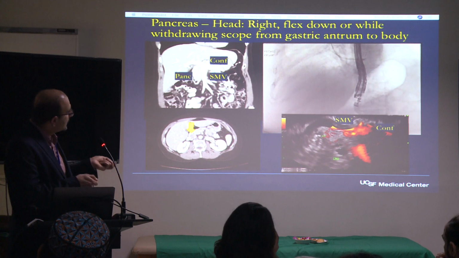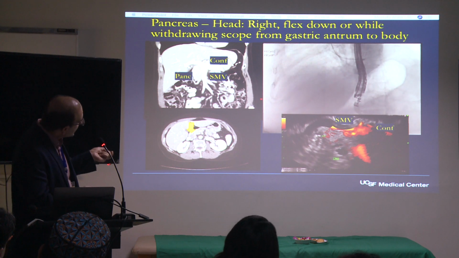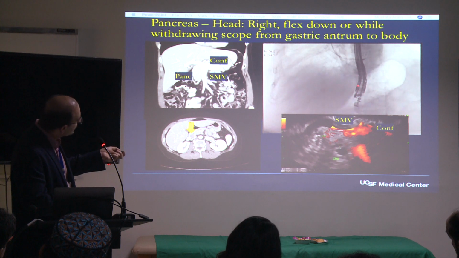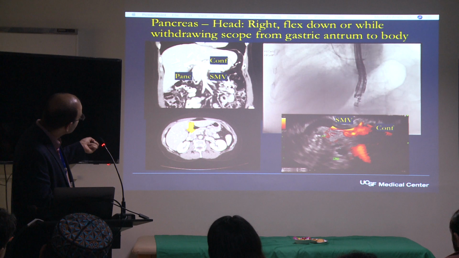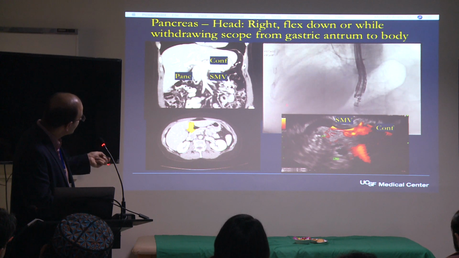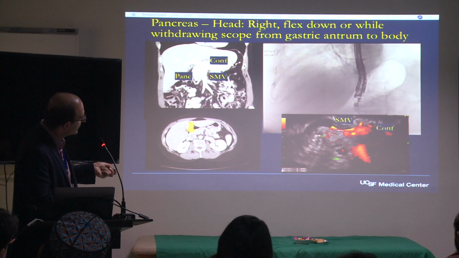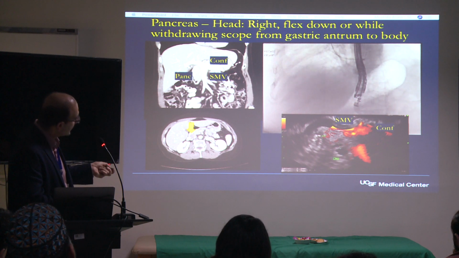One thing is if you then advance more and get to the other side of the spine, you can see what you've done is you've advanced your scope and you're still looking down, and here the CT correlate makes a bit more sense. You see the SMV going down, so that's the SMV going this way, and you have the SMA here as well, and you can see potentially the rest of the head of the pancreas. You see the distal bile duct coming down from there, down into the head of the pancreas and the pancreatic